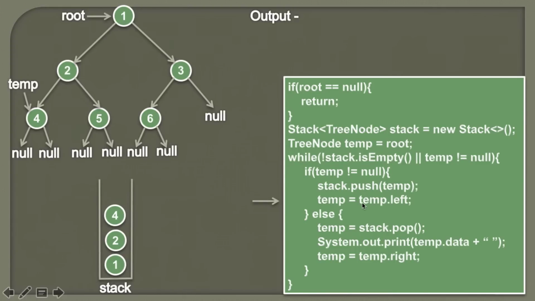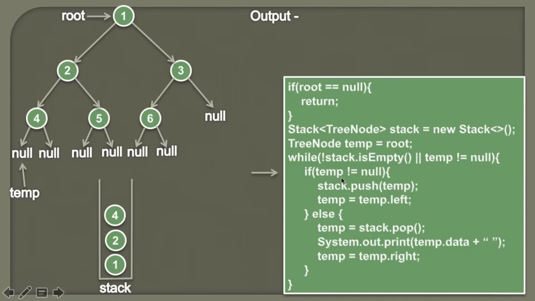Moving ahead, in the next step we traverse temp by assigning temp dot left value to temp, which makes sense because before visiting this node we have to first visit the left subtree. Therefore now temp has to move to its left subtree. So now temp will point to a node which is left to node 4, and here you can see it is pointing to null. So now temp will point to null. Moving ahead, we again check whether stack is empty or not and temp is equal to null or not. Currently you can see temp is equal to null but stack is not empty. Therefore the condition in the while block comes out to be true.